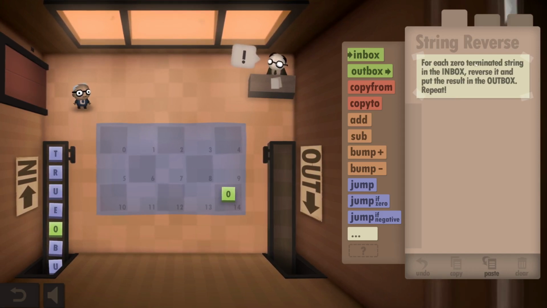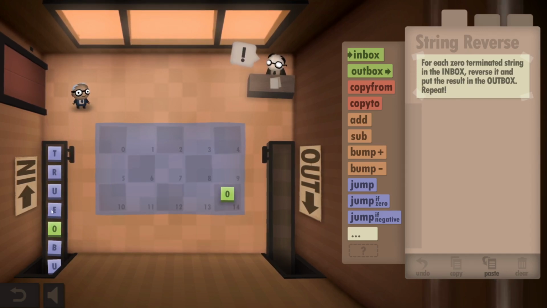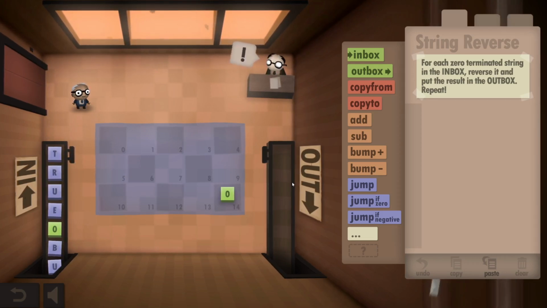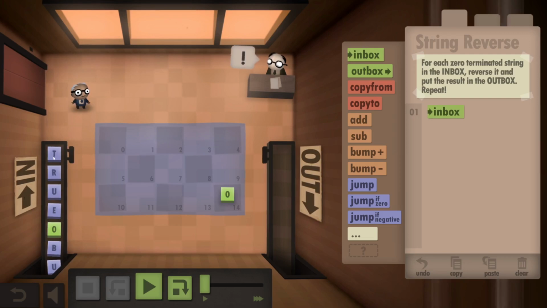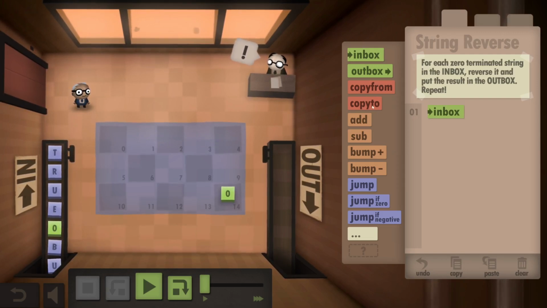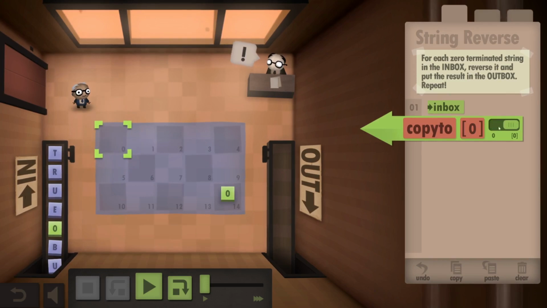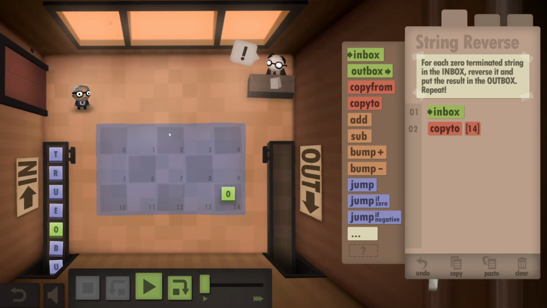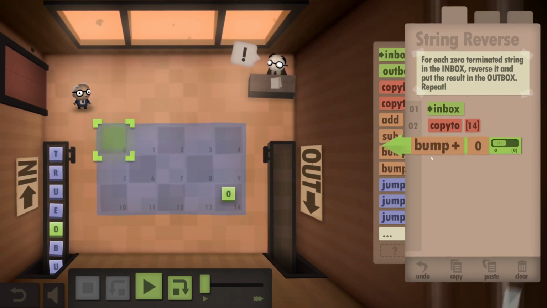Repeat. Reverse it. Okay, so what we need to do is get all the letters until we hit a 0 and then lay them on the floor. We need to keep track of how many letters we have, and then once we hit a 0, we start at the back and read everything back into the outbox. So inbox, we get our letter, we copy it to the floor, and we have a counter over here. I'm going to use this value as a counter, copy it to here. We'll bump this up